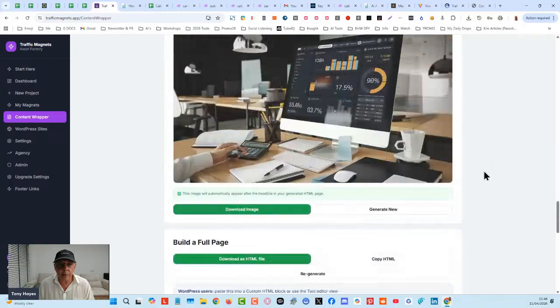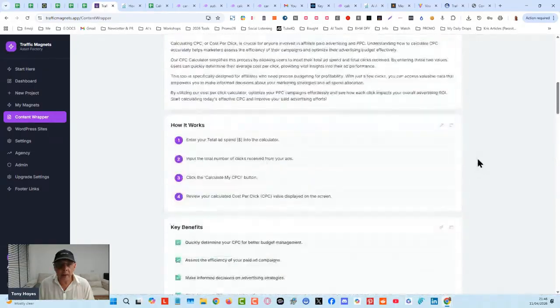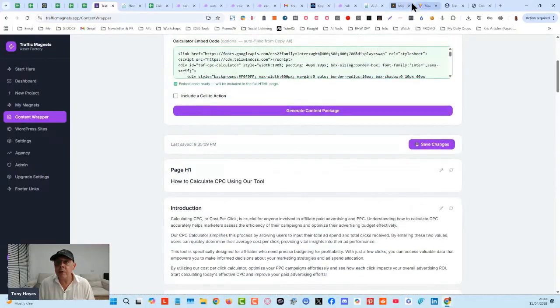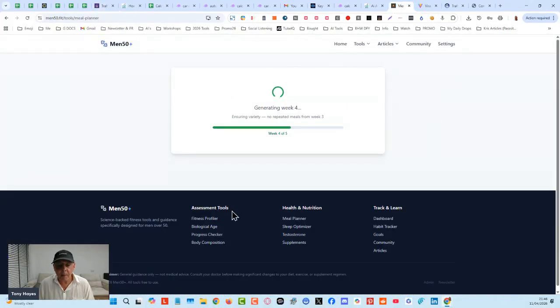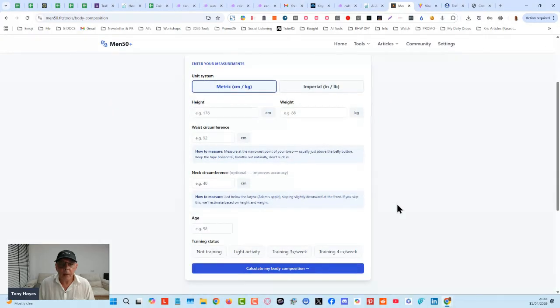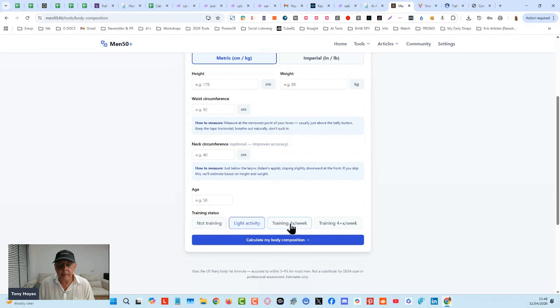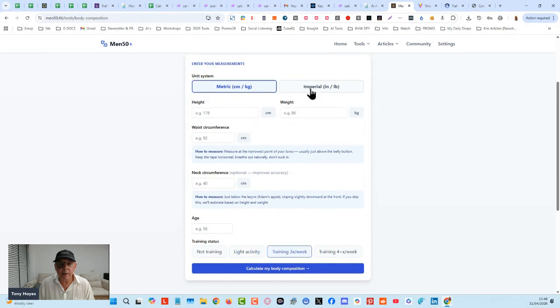We're always going to be improving tools like this, especially once we've released version 2. When you see what I've been doing over here, I've been building loads and loads of different calculators. We've got tools for tracking and learning, health and nutrition assessment, goals, all that kind of stuff. They're much nicer, much more advanced calculators.